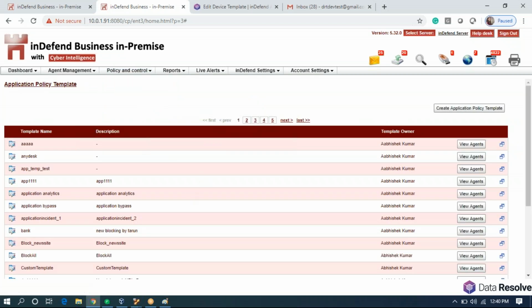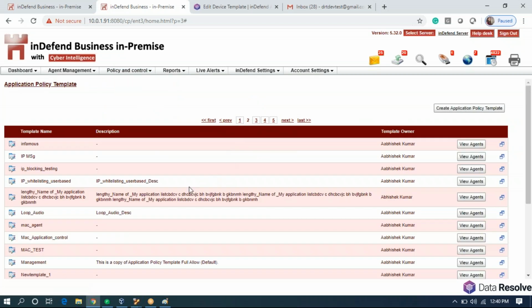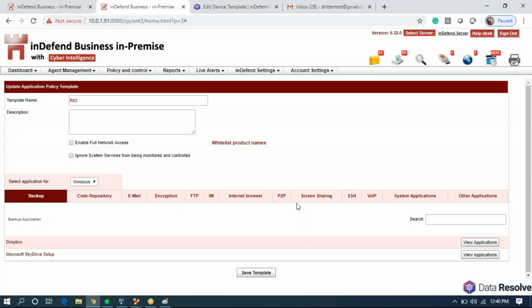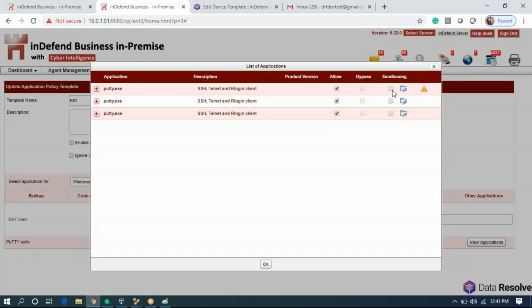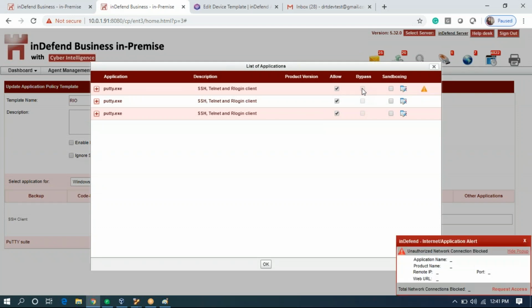As you must have seen in the application template, we have three parts, right? One is allow, one is block, and the other one is sandboxing. Bypass means if you bypass any application through Indefend, then Indefend will simply bypass it.